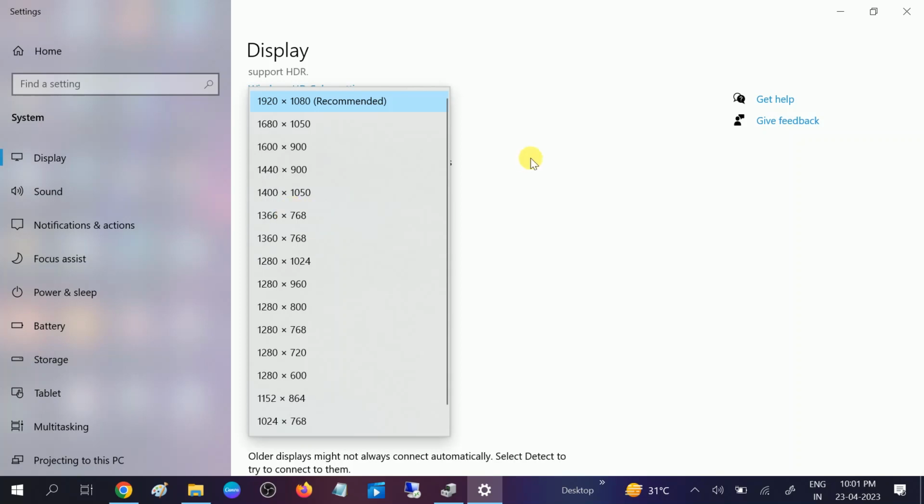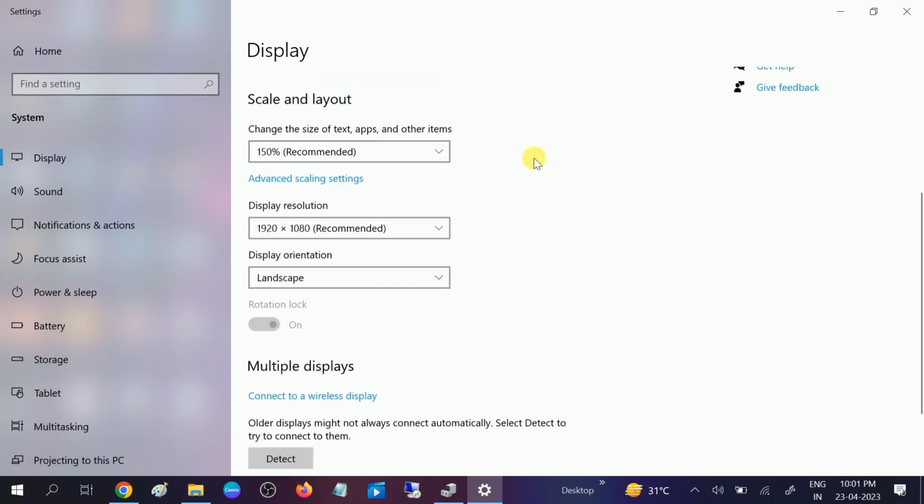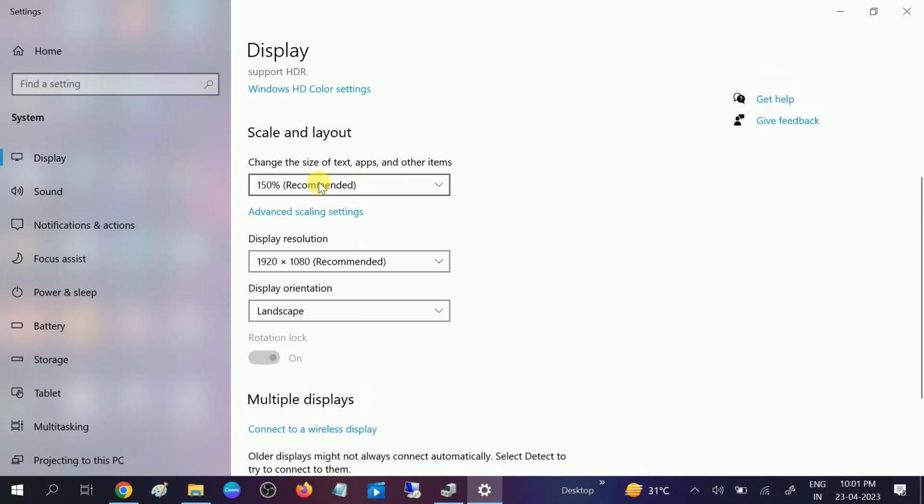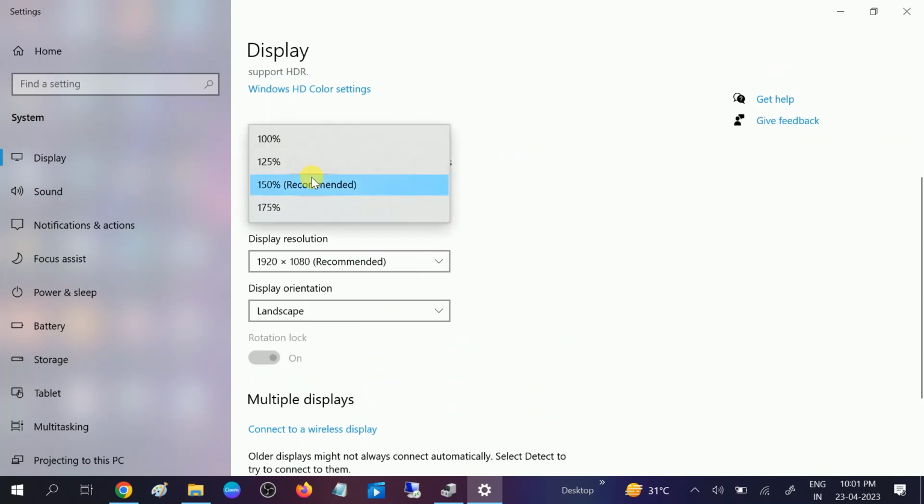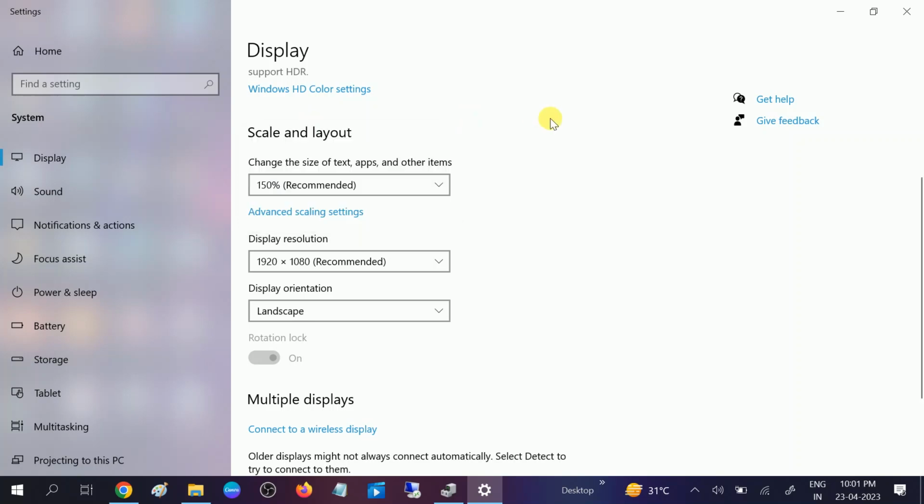If this option is not working, you need to look for this option as well. Change size of text, apps and other items. Make sure it is also recommended, and you can switch to 100% or 125%, whichever is working fine on your Windows. You can choose that. If it is not working, you need to go to this option, advanced scaling settings,